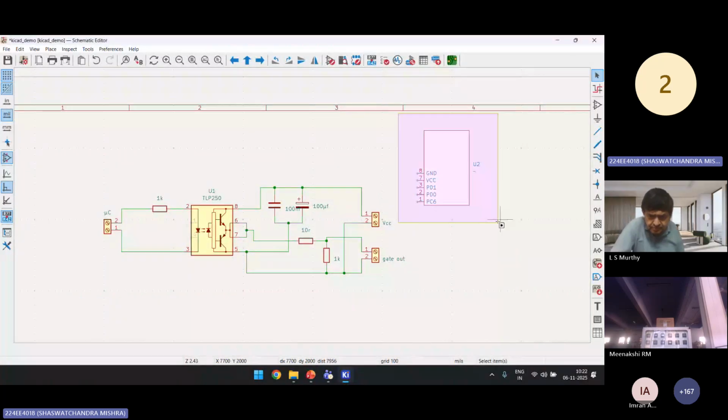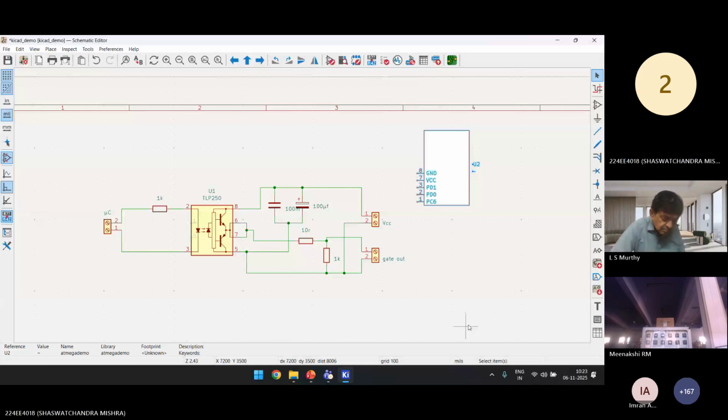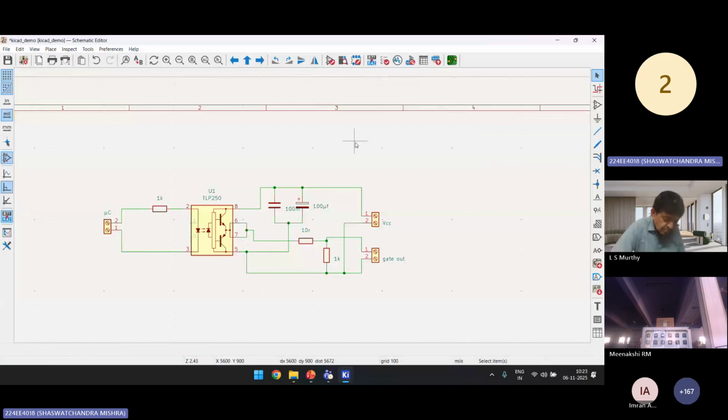And after you have created your own symbol, usually, let's say there are 28 pins, right? You will find another microcontroller that also has 28 pins, and you will take the footprint from that microcontroller and paste it here. Or you can also find the footprint. Most of the IC manufacturers specify the footprint in their data sheets. So after this, we'll go to